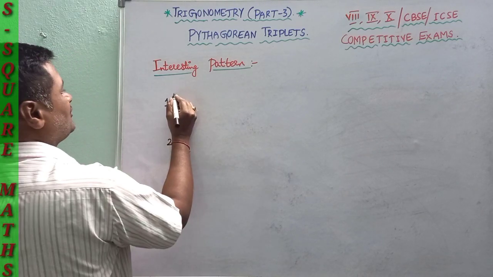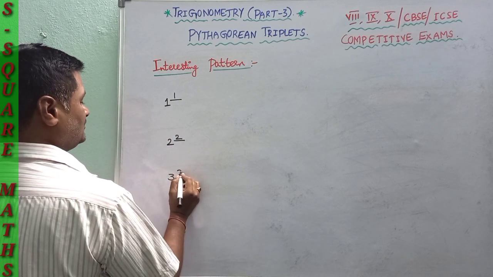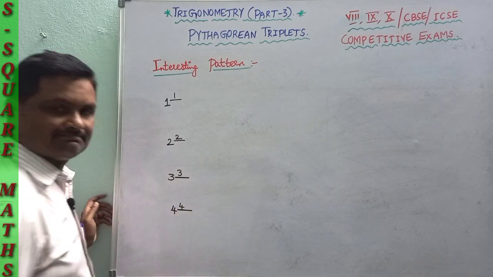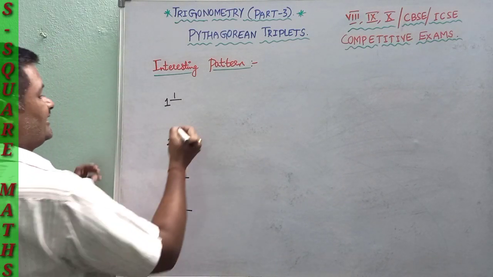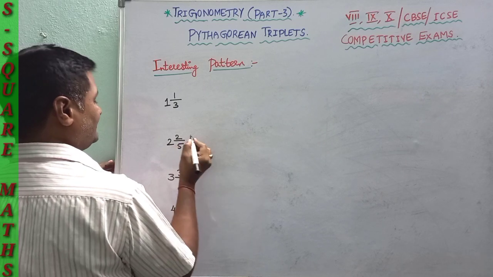Next, again you write down 1, 2, 3, 4. Next, here 3, 5,